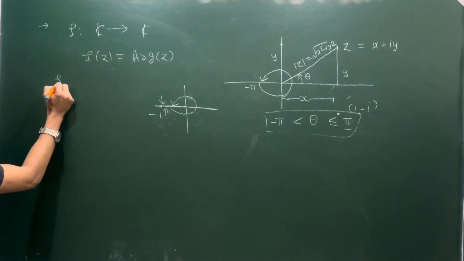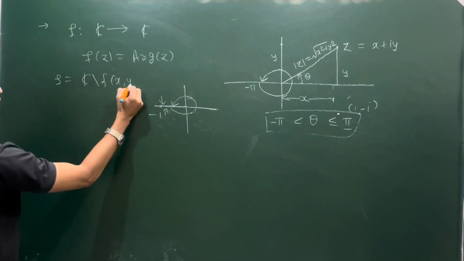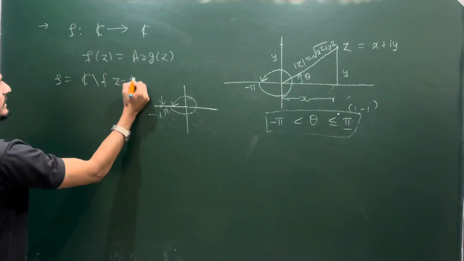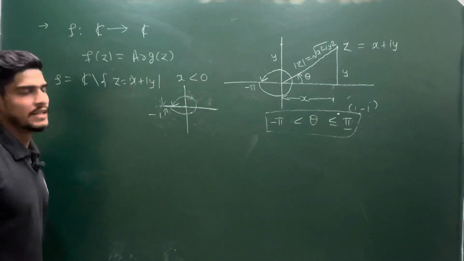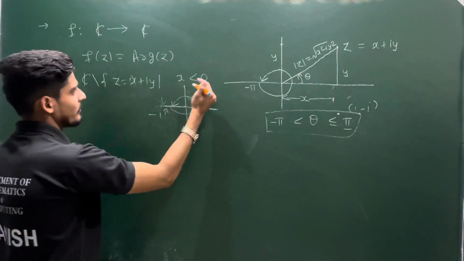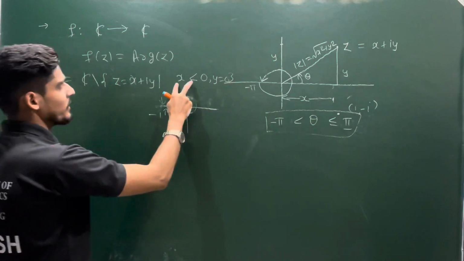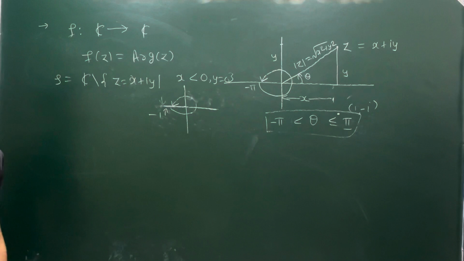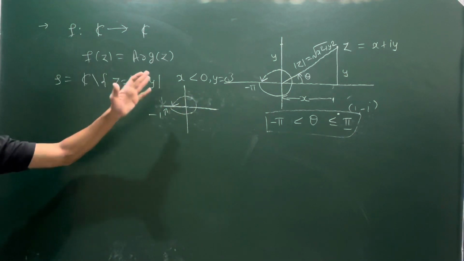okay, let me define S is equal to C minus, let me write in this way, z is equal to x plus iota y such that if x is negative, then it is having a problem. So x is negative and y is 0. If you remove this part, then your argument function is continuous. And you cannot take 0 because on 0 we do not talk about the argument.